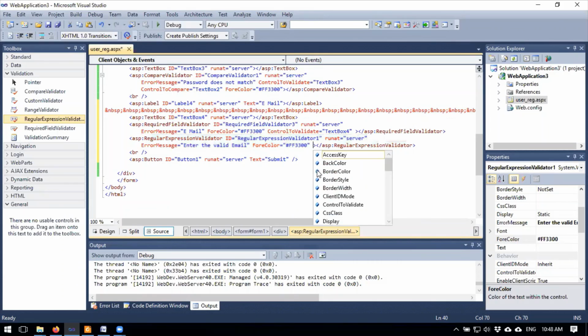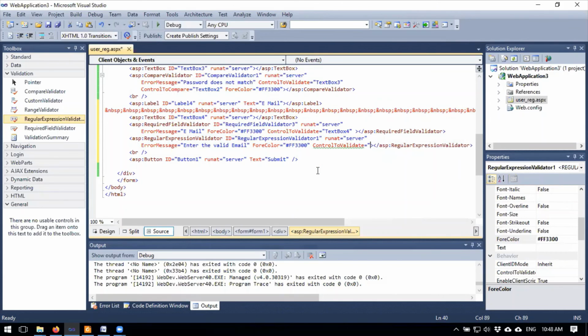Now control to validate, text box 4, then validation expression.